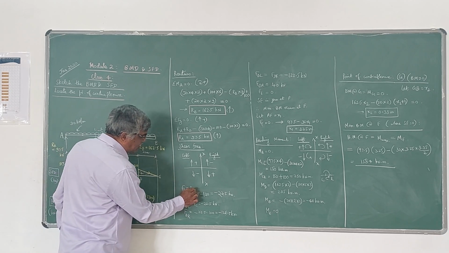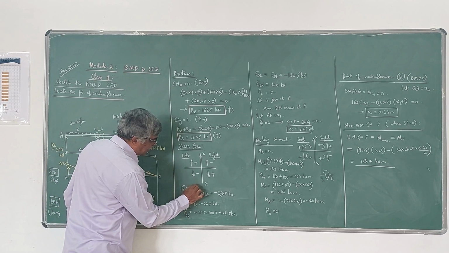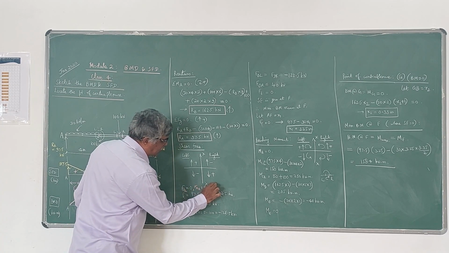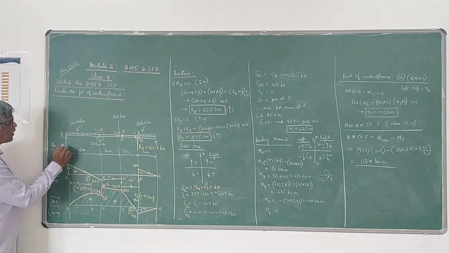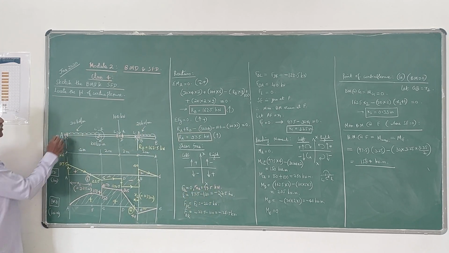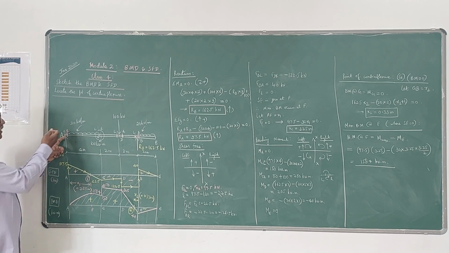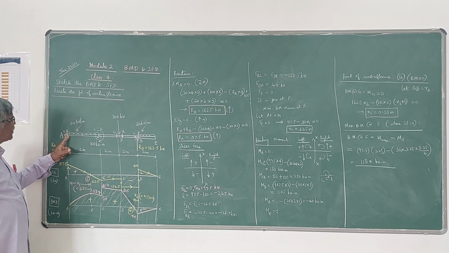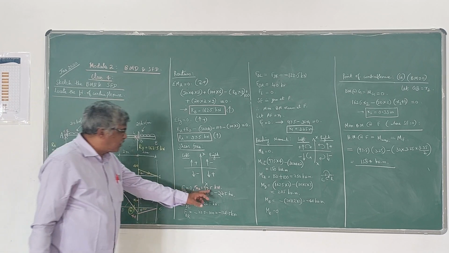Of course, here once again, what happens? FAL is 0, but FAR is 97.5. Please note this. Here also we will be having two values of shear force. So one value here, one value here. So here nothing is there to the left side of L, therefore shear force is 0. But if you see to the left side of R, this reaction you can see. That is why we have two values.